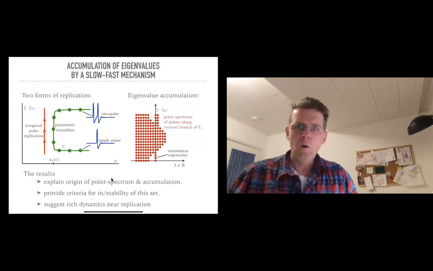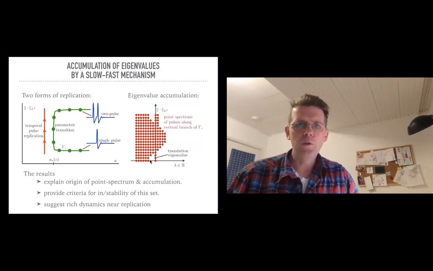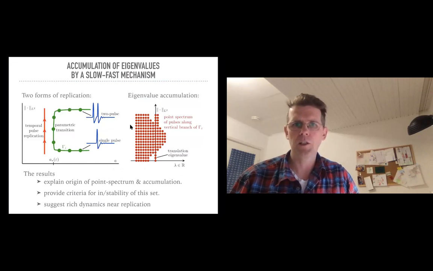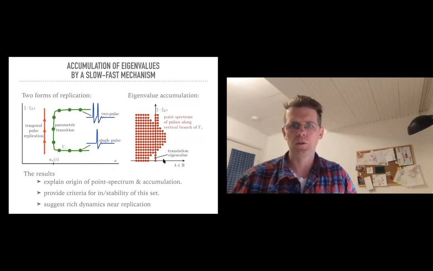Okay, so here we go. Once more, this overview. Abstractly, on the left, these two types of transition I've talked about, with the branch connecting from the 1 to the 2 pulse. And on the right, the associated picture of these eigenvalues and the accumulations. And here again, shown for the FitzHugh-Nagumo case, where this moves to the unstable half plane and then back through the origin.